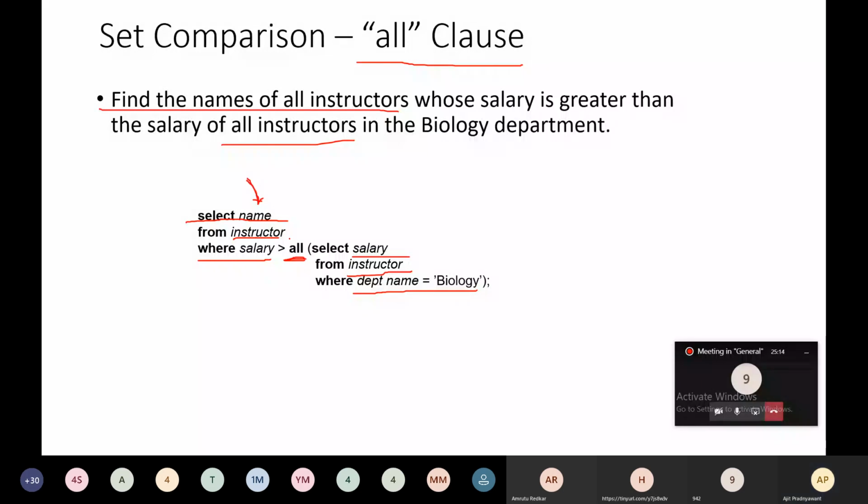Automatically when you practice it, you will get the idea how to write the query, when to use ALL, when to use SOME, which relation you require in the from clause, or which columns you require in the select clause. That is the skill you will get when you do some practice.